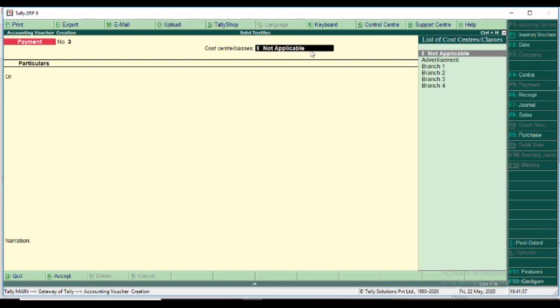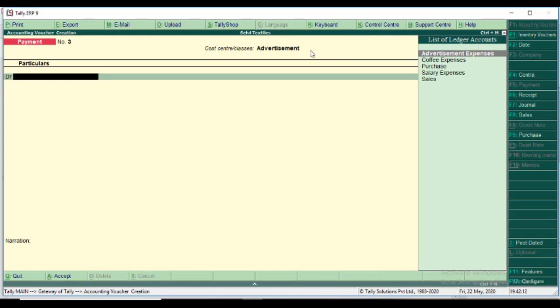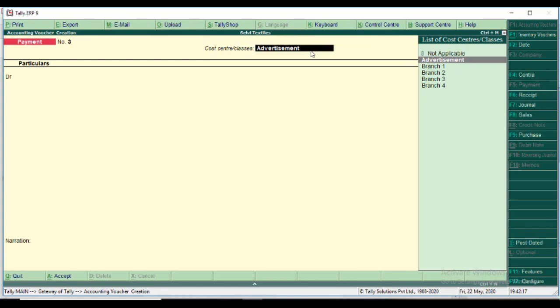But if I need the predefined allocation of advertisement expenses for this transaction, I must select advertisement expenses. If you have not selected advertisement expenses, the predefined allocations do not come, so you must select advertisement expenses here as a cost class. So I select advertisement expenses as a cost class for this transaction.